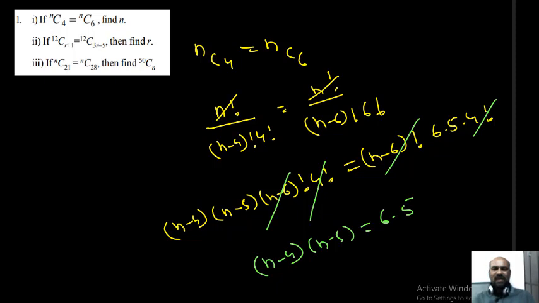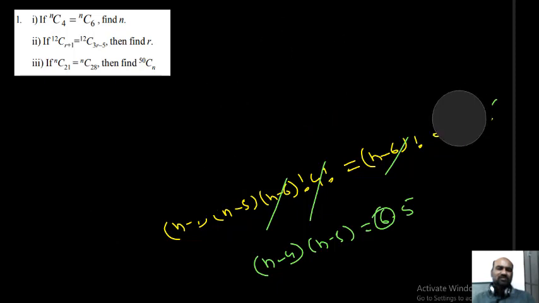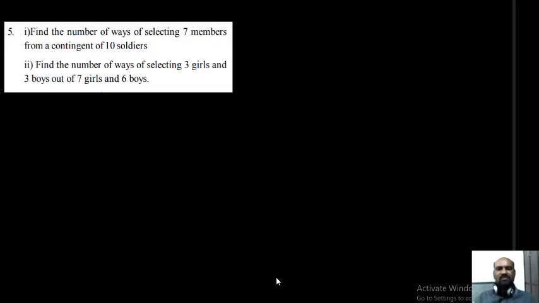Obviously the value decreases, so I can say n minus 4 equals 6, n equals 10. So the value of n is equal to 10. By using the quadratic concept also we get the same result. By using the quadratic, you will get two values, one of them is negative or non-integer, and one is an integer, that is taken as 10. Okay, in this way you can complete the remaining problems, students.